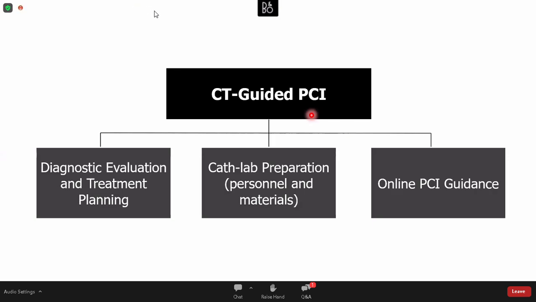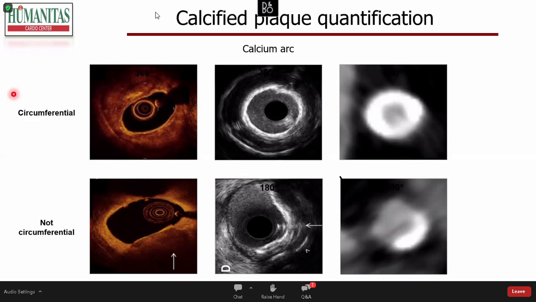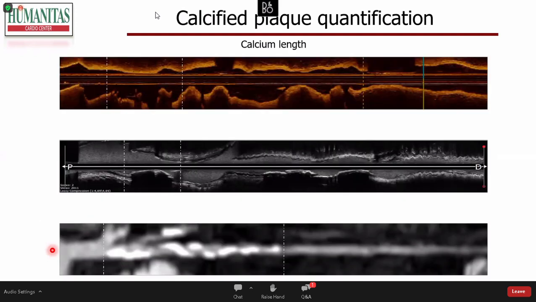With CT images, we can drive the treatment planning, we can drive the online PCI guidance, and we can prepare the procedure itself. One example that I think is extremely interesting regards the calcifications. I told you calcifications are the enemy of CT, but this is also very important if the cardiologist has to place a stent. We can look at the thickness of the calcifications, and this, of course, can be a problem for stent placement. We can describe if calcifications are circumferential or not circumferential, and we can match our images